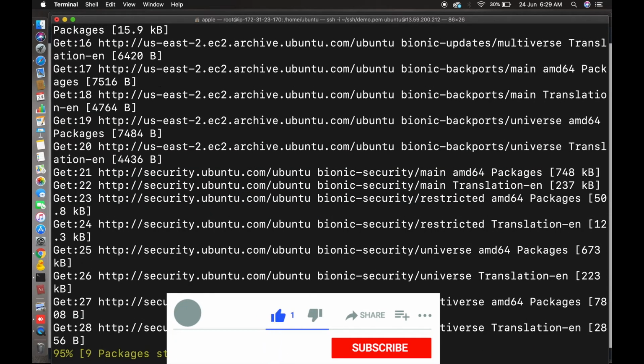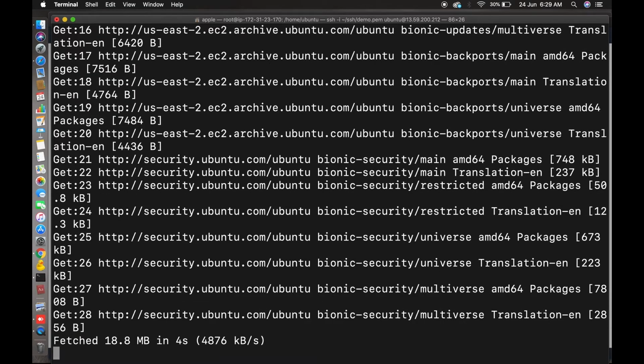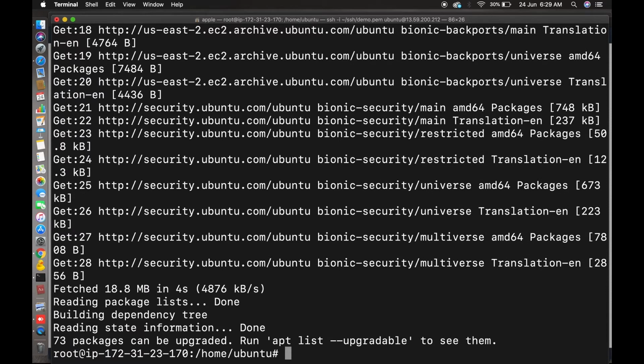Once it's updated, we'll install Nginx. This is how it's pronounced. So let's install Nginx now: apt install nginx.